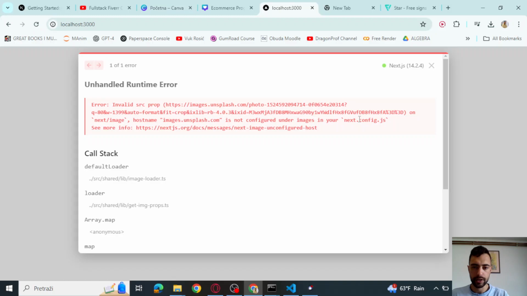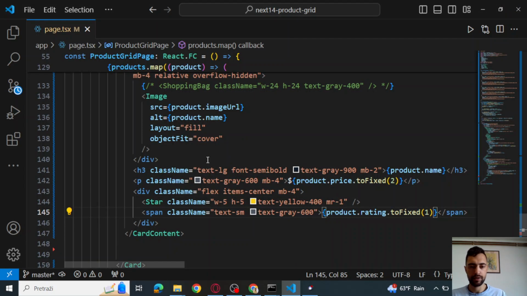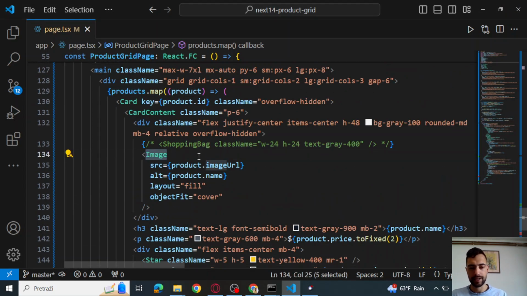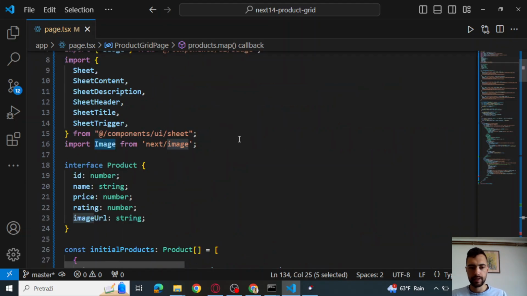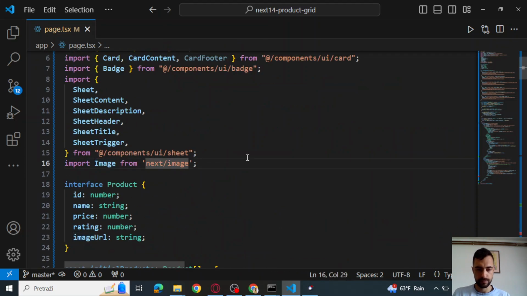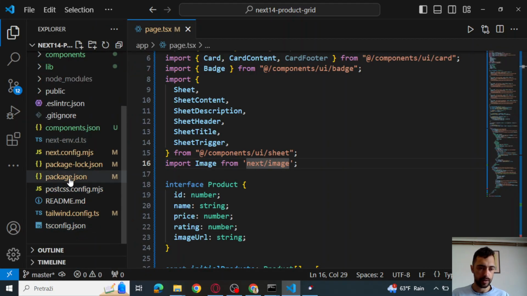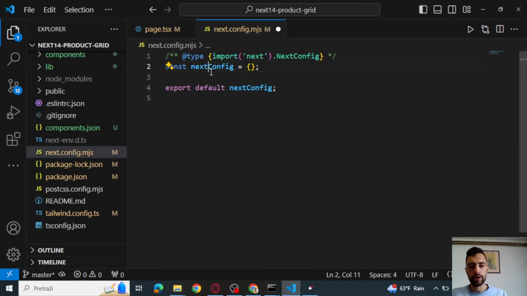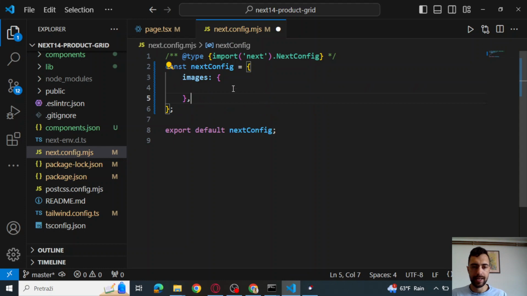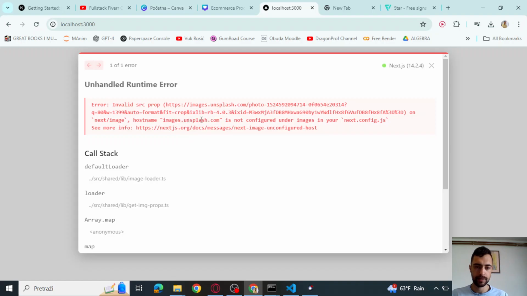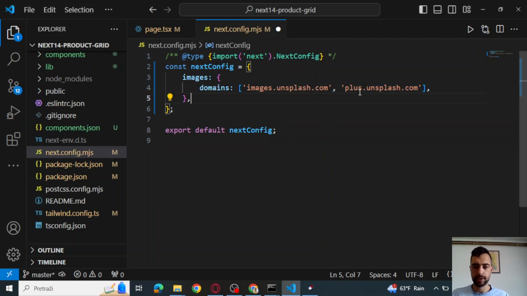So we need to go into next.config.js and enable these domains to show images from these domains, because for this Image component we need to manually tell it from which domains it can show images. So let's go here to next.config.js, .mjs in my case. We will go in this next config, make some space and say images and open an object. Domains, array, images.unsplash.com. So I'm going to put in this domain that it tells me,